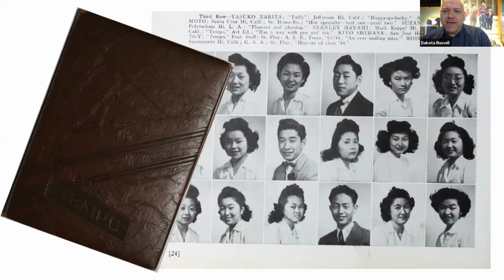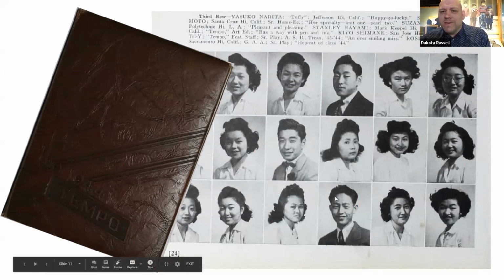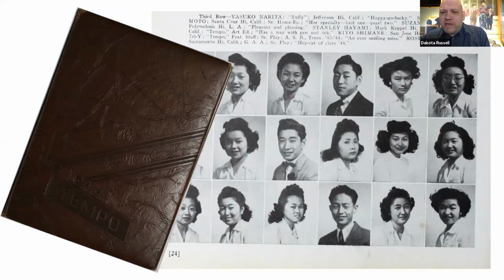Tempo. And Stanley, as you saw in the movie clip there, he actually worked on the yearbook as the art editor there. And so you can see his picture kind of down there on the third row in the center there. But he was an aspiring artist. It was what he really wanted to do, and he goes back and forth a lot of times in his diary about whether he wants to be an artist or do something more practical, like becoming an architect. But ultimately, he decides he's going to be an artist.